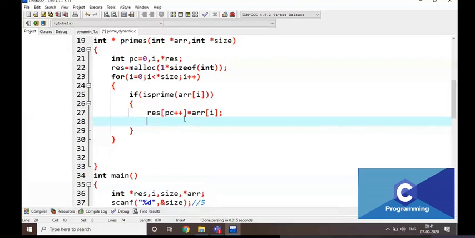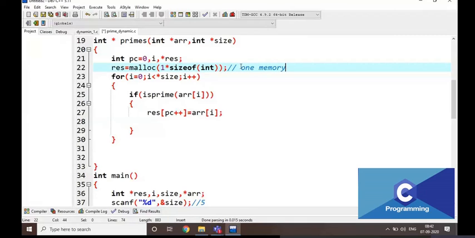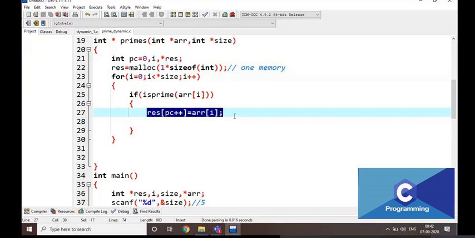Now, is it clear, everyone? I am writing two lines in a single line. That's it, nothing else. Now I am going to allocate one more extra byte to the result. That means already it is allocated with only one memory location, one memory, right? It is going to be recorded only for one memory. That is going to be filled here.